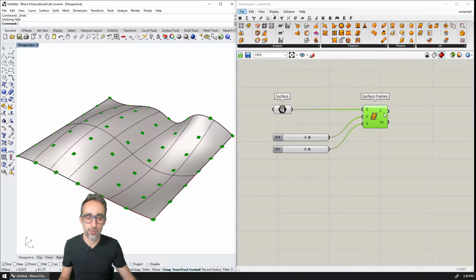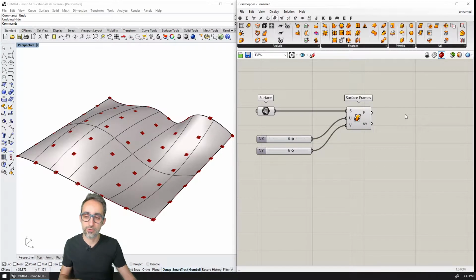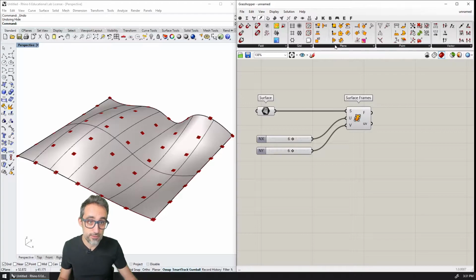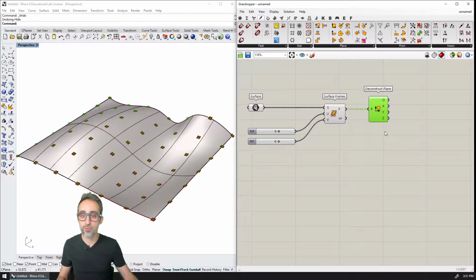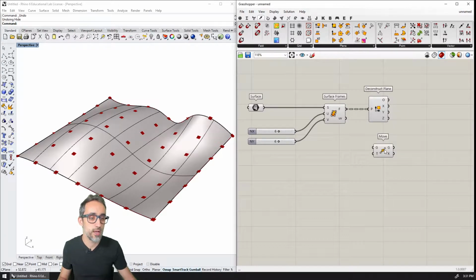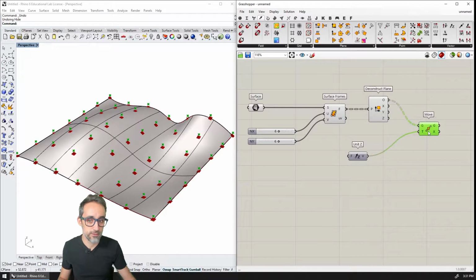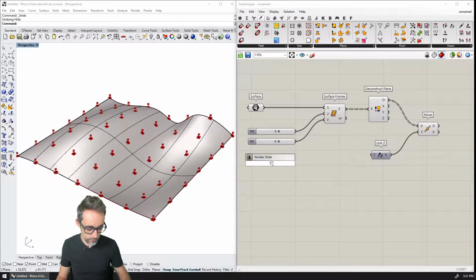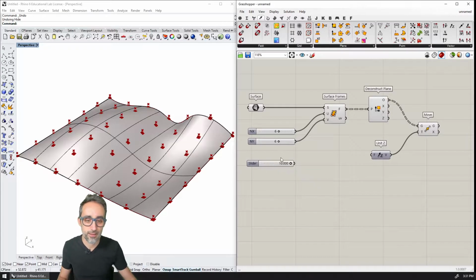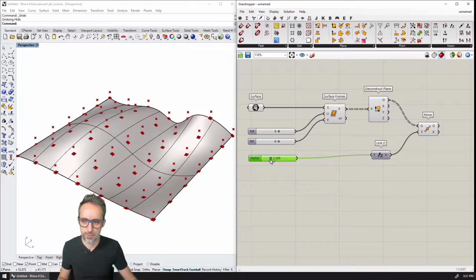So on top of each one of the planes that I've created, I'm going to take the points, the centers of those planes. I'm going to deconstruct the plane and get all of those points. Then I'm going to move those points up in the Z direction a controlled amount. That's going to be a vector in the Z direction, but an amount that I'm going to control, for example the height of these elements. And I'm going to make that much smaller, for example 2 point something.